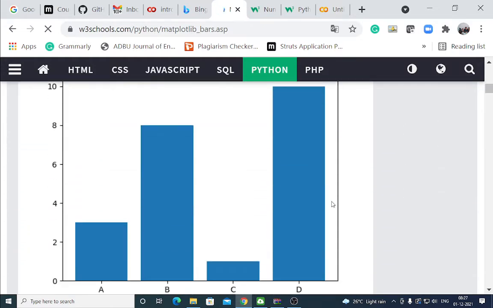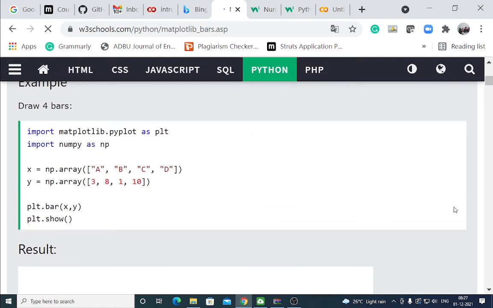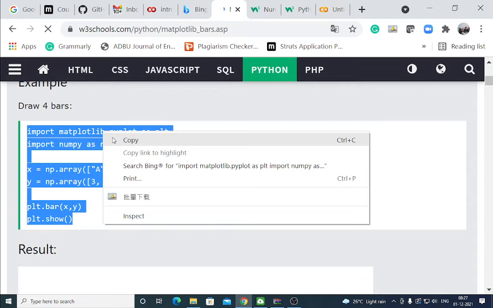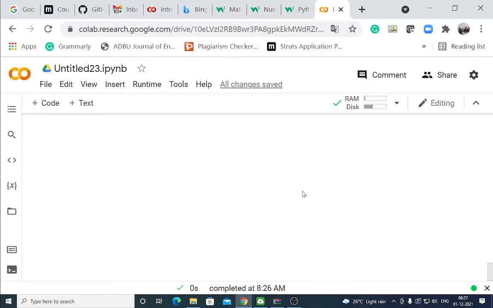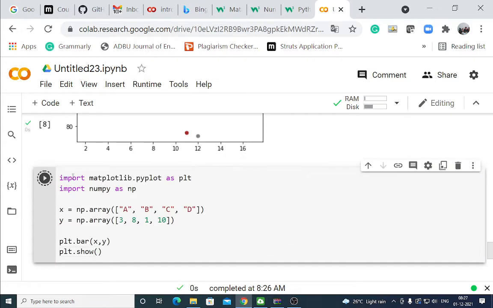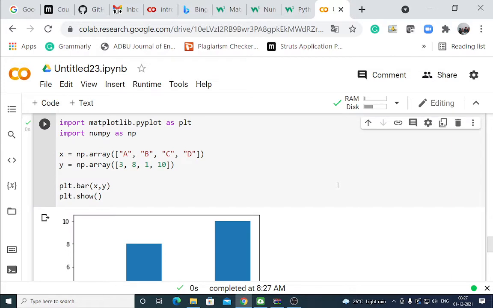You can draw a bar also using plt.bar xy. See the output here. Bar graph.